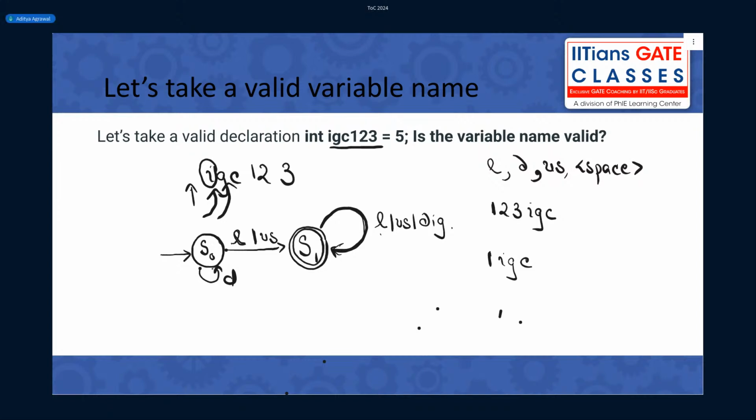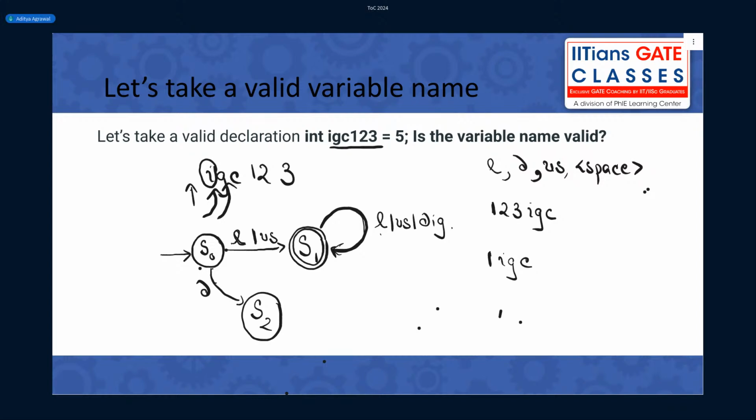I should accept it. My machine is saying it's valid, right? So what you should do here is, if it is a digit, then you go to another state. Let's call it S2. Very good.